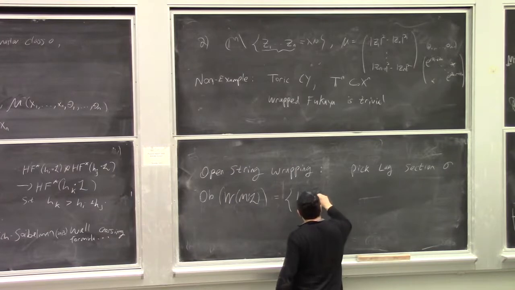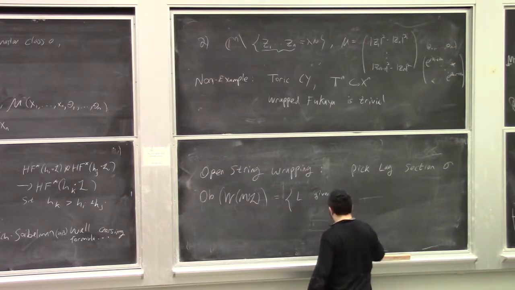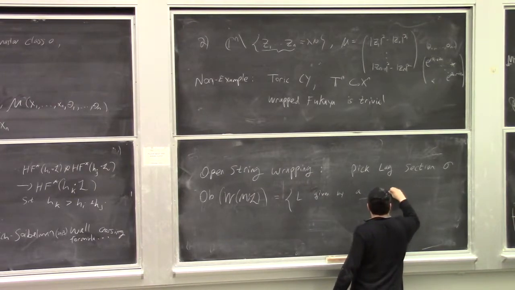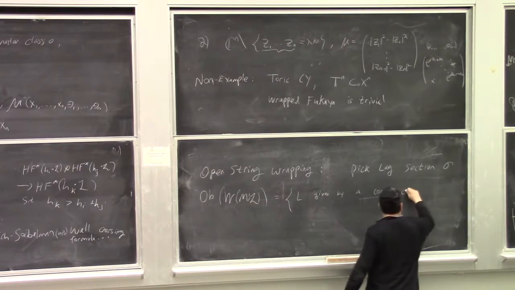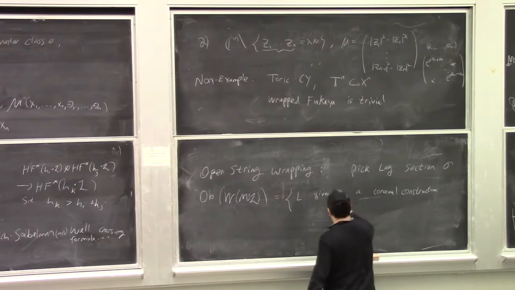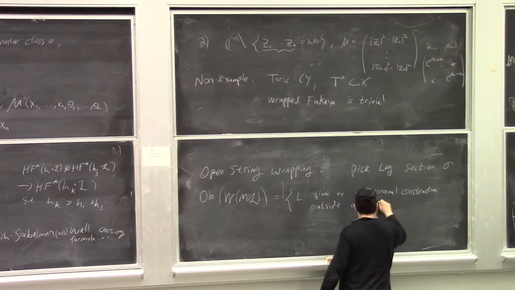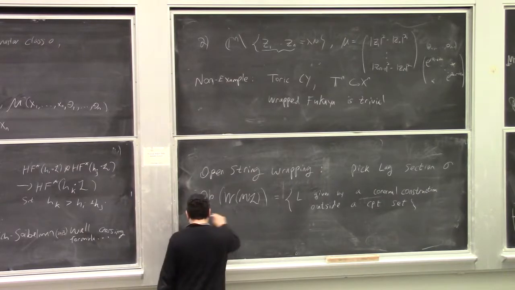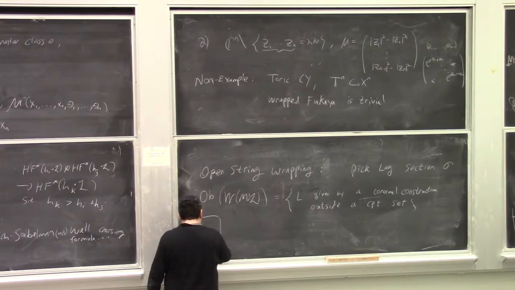Lagrangians given by a conormal construction outside a compact set. I'll explain what this means. So we have this integral affine structure. So we can take some submanifold